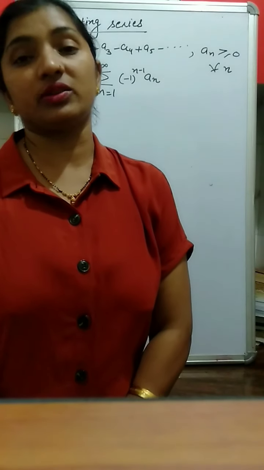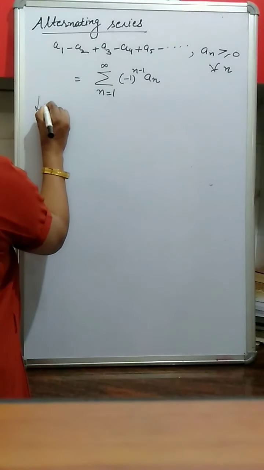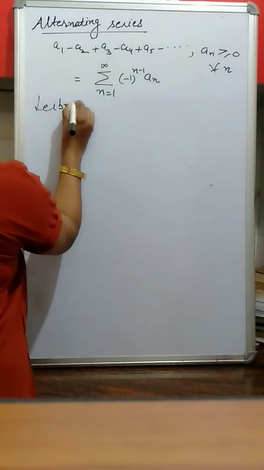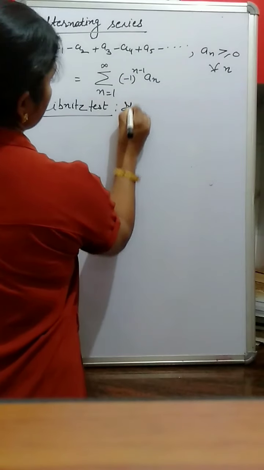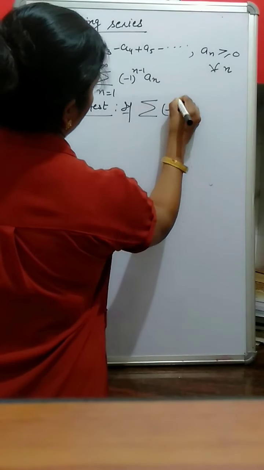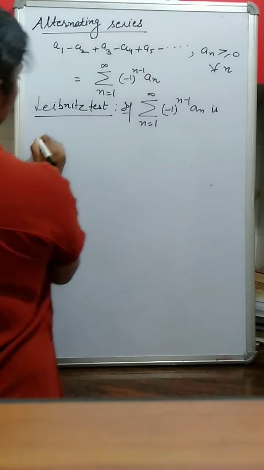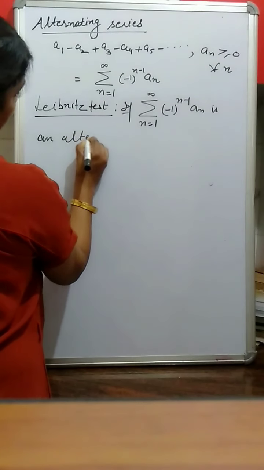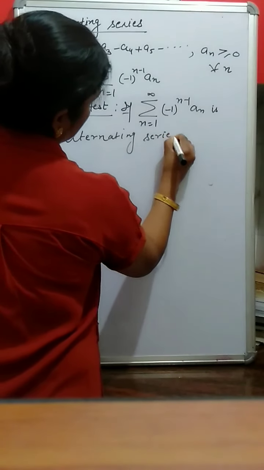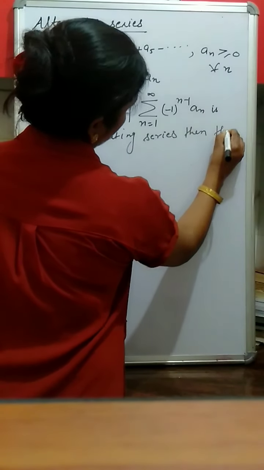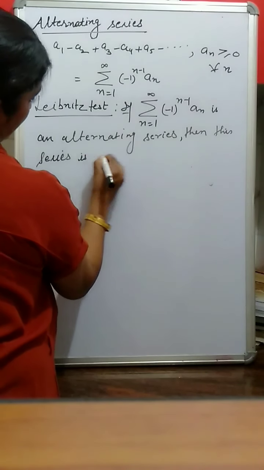Now we shall discuss the convergence of this alternating series. We have one test to check the convergence of alternating series, which is the Leibniz test, which states that if summation of minus 1 raised to the power n minus 1, n varies from 1 to infinity, is an alternating series, then this series is convergent if